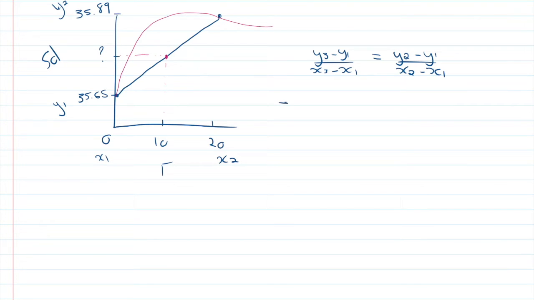So if we rewrite that, we get y3 is y1 plus x3 minus x1 over x2 minus x1 times y2 minus y1. So x3 is our temperature that we want to be at, and y3 is our unknown solubility. So we can plug into the formula y1